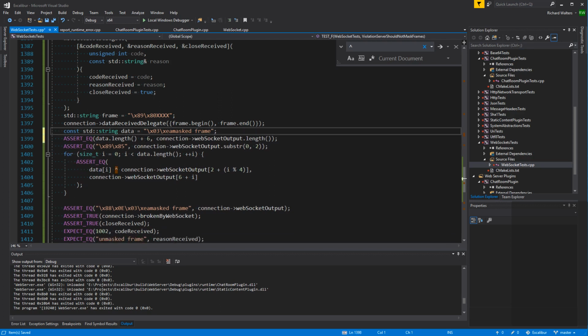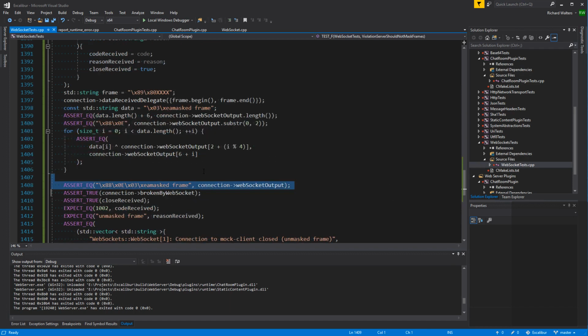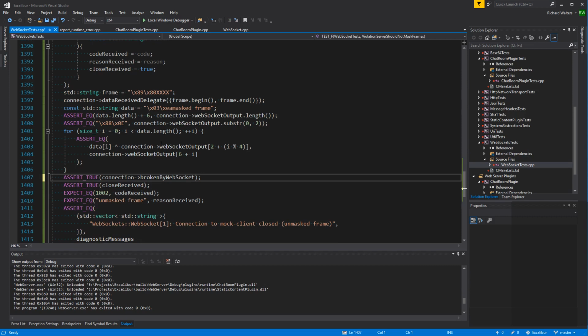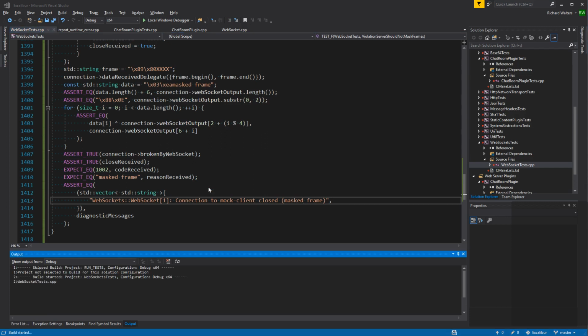Assert equals data length plus, it is 6 more, right? WebSocket, yep, okay. And then we expect 88 0E. No, yeah, 0E. And then that's correct. Okay. Assert is broken. Then we expect it to be masked instead of unmasked. Okay, so we have our 2 test cases set up.